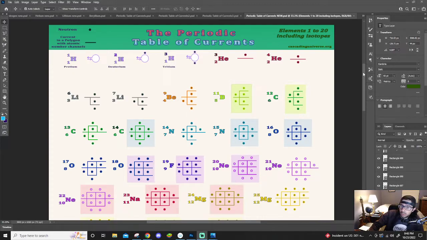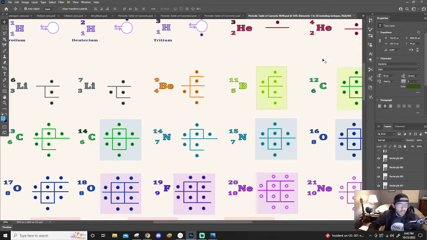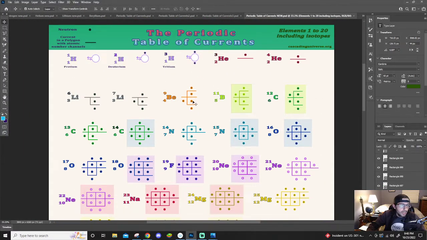Probably a good place to start is this cool little thing I made today. Let's see if I can get this a little bigger even. Nope. Maybe. If I fit the screen, it'll make it real small. Okay. So, neutron, real basic. I try to make it as basic as possible. Maybe it needs a little explanation, but unfortunately, so be it. Maybe this row could be dropped a little bit too. Besides the point,